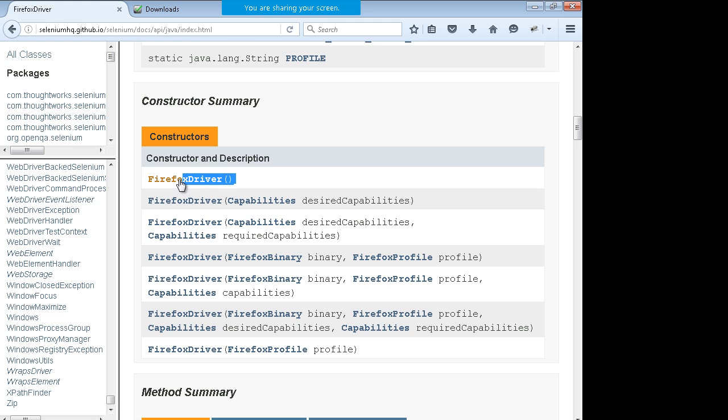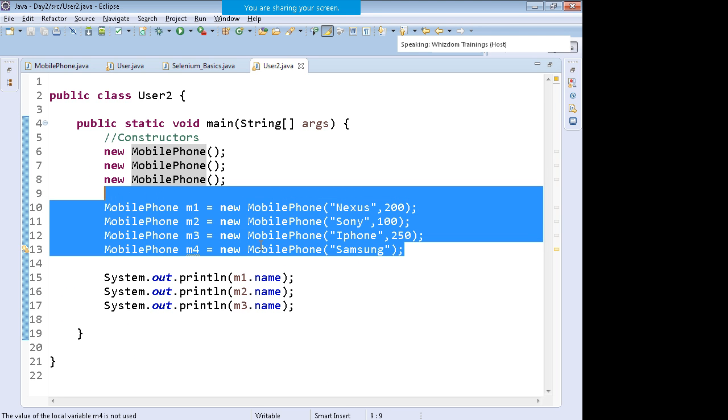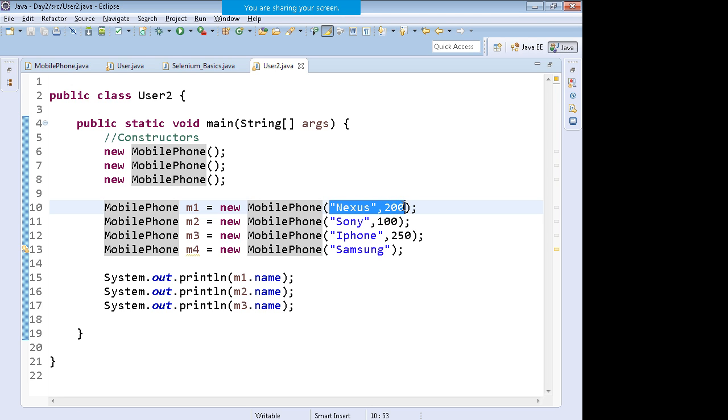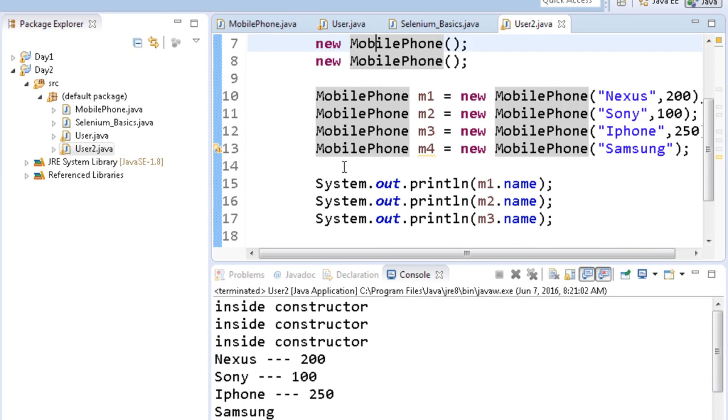I'll talk about them, but every class will have some constructors as well. We use the default constructor while creating the object of Firefox driver. There are many other constructors as well. Okay, so we will go more into this, but understand what a constructor is. It can help you initialize the object on the fly. Okay, right. So this is how I'm going to teach you. I'll teach you some concepts of core Java and then I'll tell you how that is applied in Selenium. Okay, it won't be that I'll complete core Java first and then I'll jump over to Selenium. No. Okay, right. So